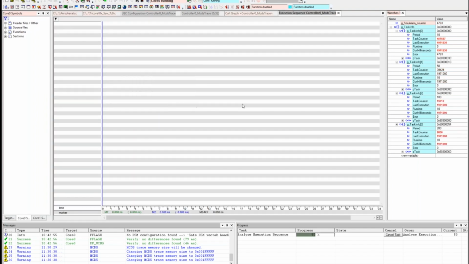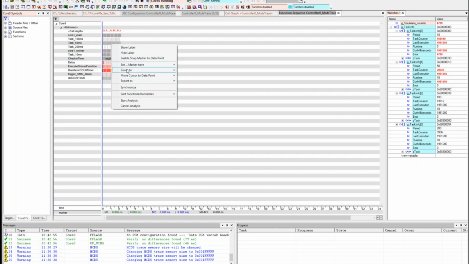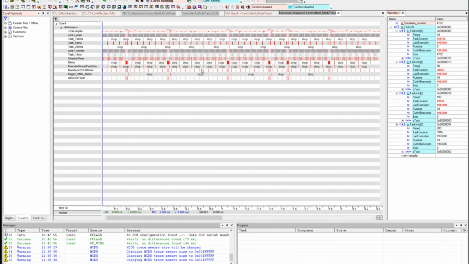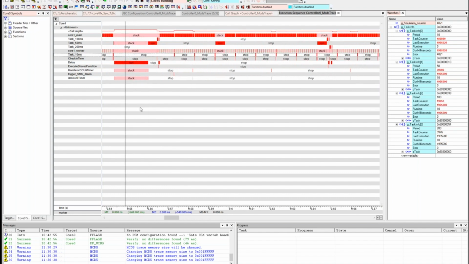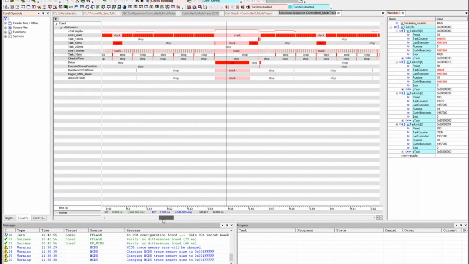And if we start the analysis of the execution sequence chart, and wait some seconds, then we see this diagram here, which shows us over time the execution of all the functions here. If we zoom a little bit in, for example, in this case, at this point in time, then we see the